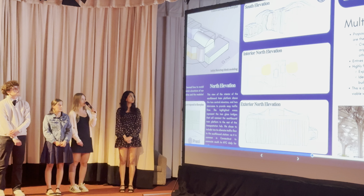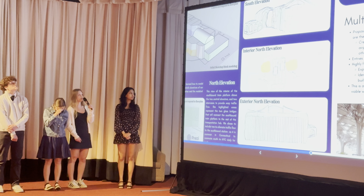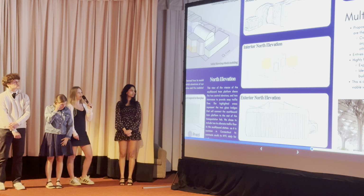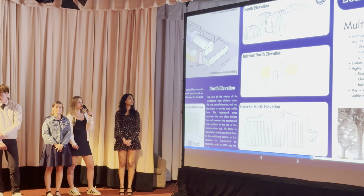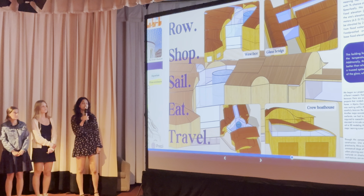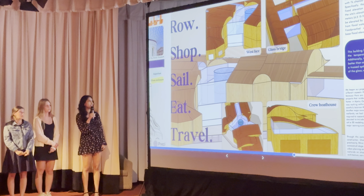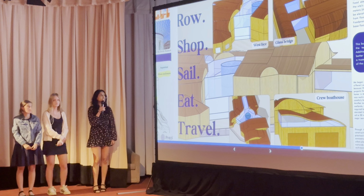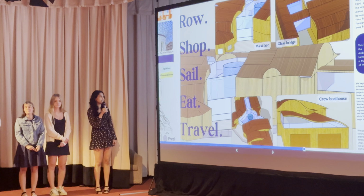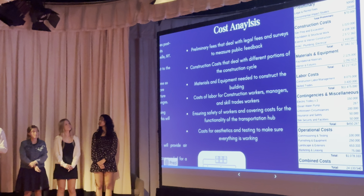Here is the restaurant deck with lots of windows overlooking the harbor. On the right is our boathouse. As you can see, there are two main entrances. In the center, you have our interior north elevation. So this is really just showcasing our elevators, walls instead of just blocks, because we realized that it looks more real, and we were also able to put the aquarium in the middle of this one. In the other one, we just had a big open area without that. It includes all of the extra fees of labor, materials, and just...